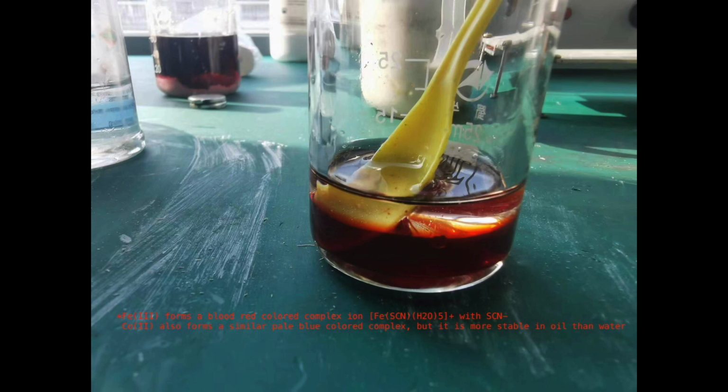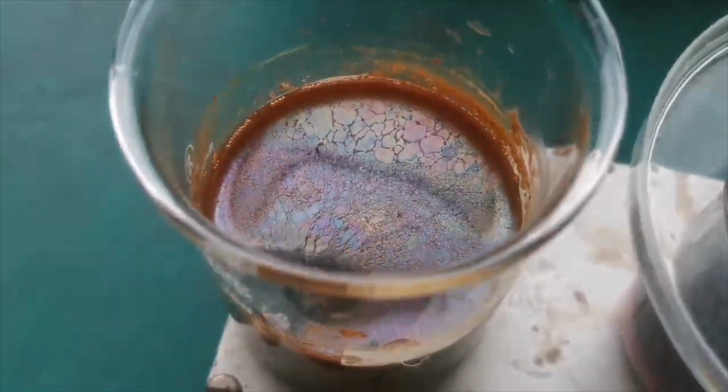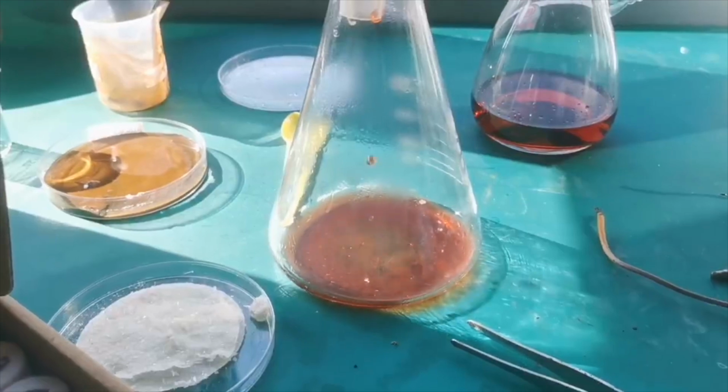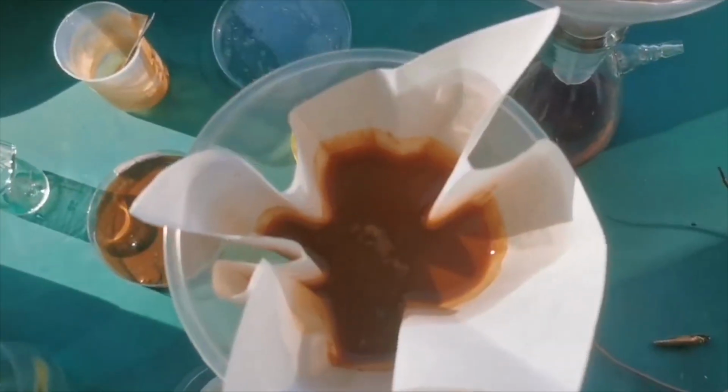I then added some paraffin oil to test for cobalt, and there was no apparent blue color in the oil layer, so little to no cobalt is present. Therefore, this brown stuff is iron hydroxide, and I can filter it off without worrying about losing my product. I did just that, and the filtrate is now pure cobalt and free of any metal ions except the sodium